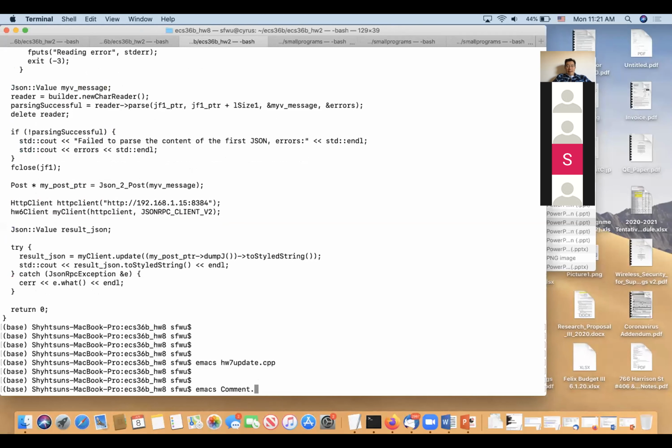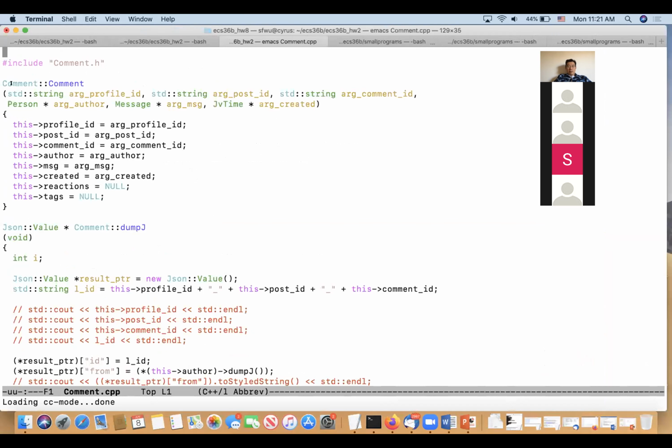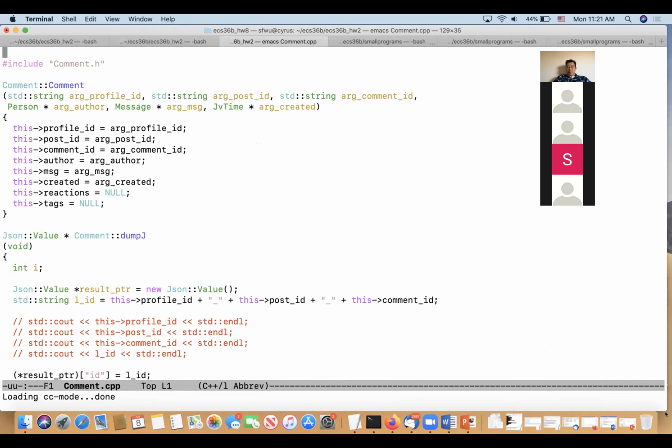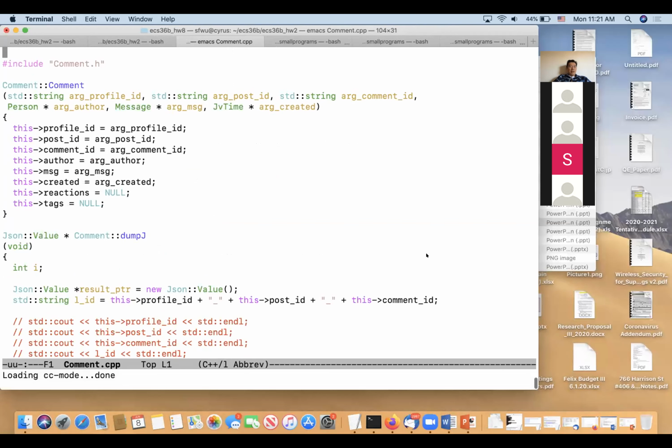So I help people to debug the code. In comment.cpp, let me make it a little bit bigger, in the constructor,